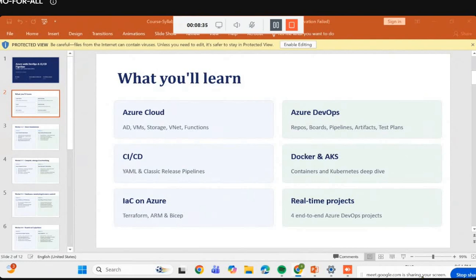Like Jira, we can do sprint planning and management of bugs and everything on the Azure platform. That's exactly the meaning of Azure DevOps. So in terms of Azure plus DevOps, it will come under all these areas that we are going to discuss. One is Azure Cloud and Azure DevOps. What I mentioned is repos, boards, pipelines, artifacts, test plans,